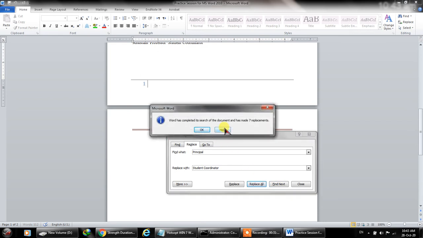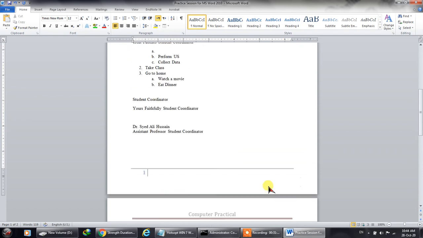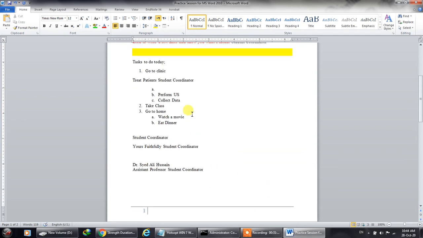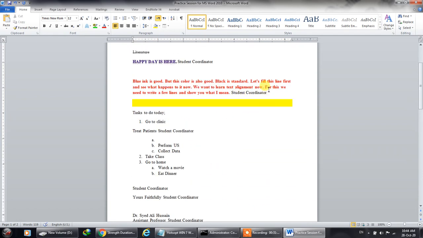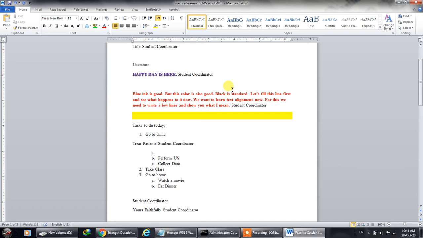Now see, it is telling you that Word has completed its search of the document and has made 7 replacements. In a single click, wherever the word principal was, it has changed it to coordinator. So it will make your task a lot easier.